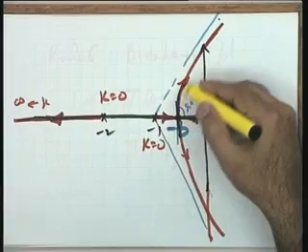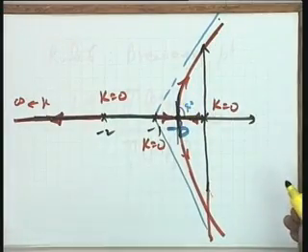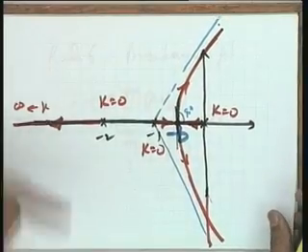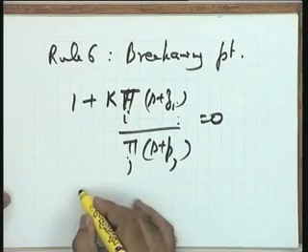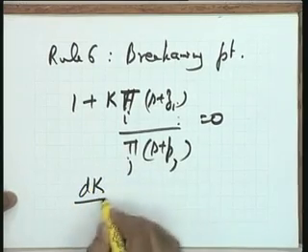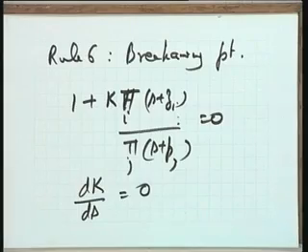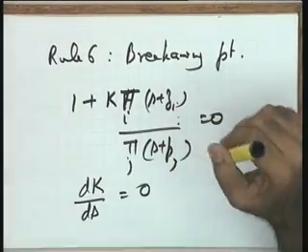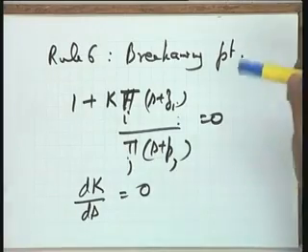Now it will increase only, the value of k when increases further, you are going to get complex conjugate roots. Actually, this is not the proof, it's just an argument to give an intuitive feeling. The value at which the breakaway point occurs will satisfy the equation dk by ds is equal to 0. That is extremization of k with respect to s. I am not giving this as the proof, but this will be the rule we are going to take up for getting the breakaway points.